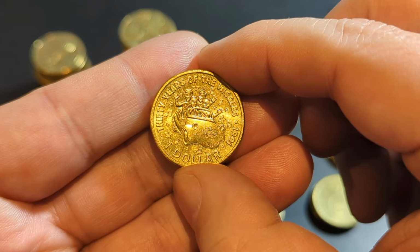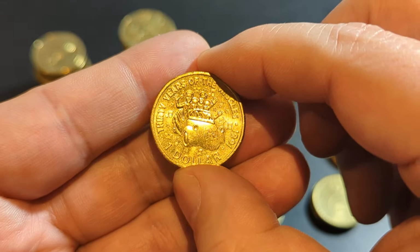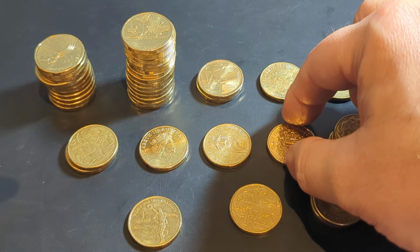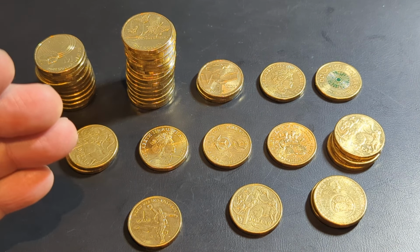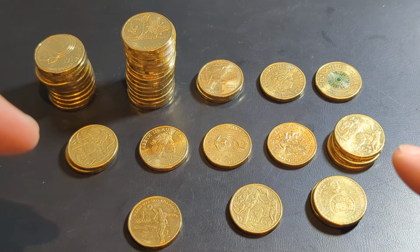So that coin there, I like to keep because I only really bought maybe a set or two. So that one there is a keeper, and certainly will be a low mintage coin, but I think there'll be a lot of high grade conditioned coins out there that'll be easily able to be graded, and people can easily buy a good